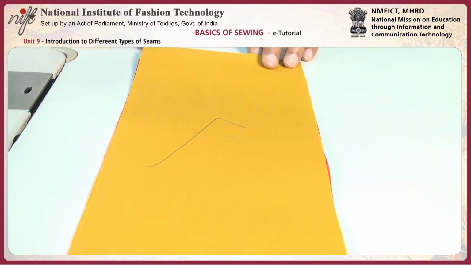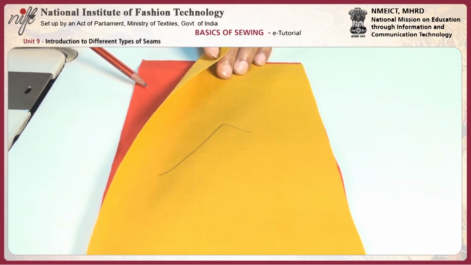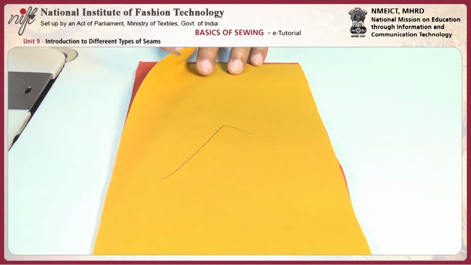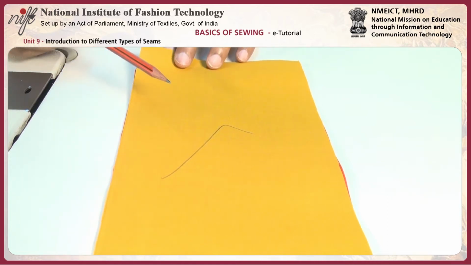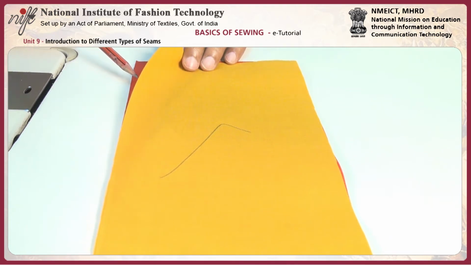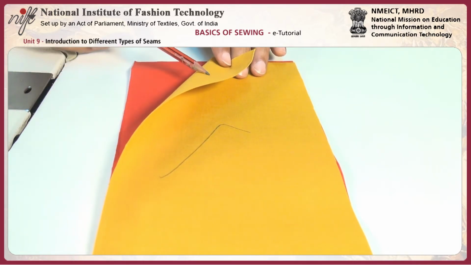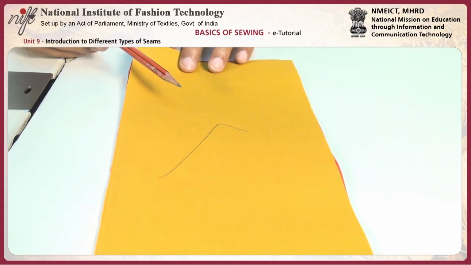The next seam is the French seam. We have two plies with us. This one is the lower ply and this is the upper ply. The dimensions of both plies remain the same. Check the position of the material. This is the right side of the fabric, because in this material we don't have a wrong or right side,